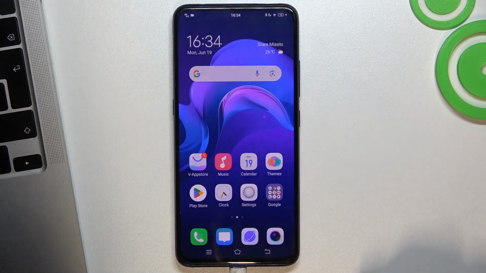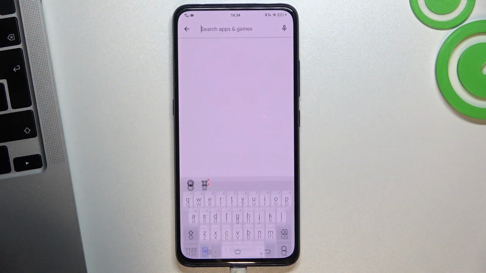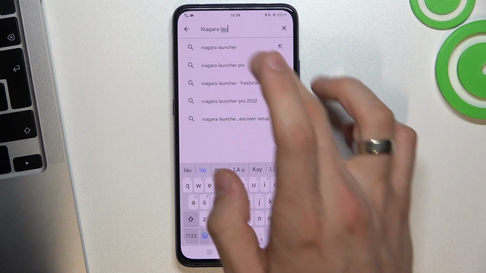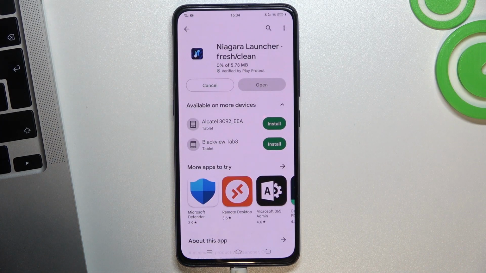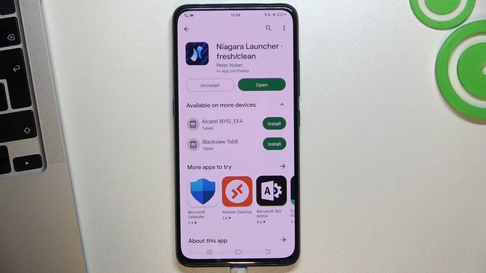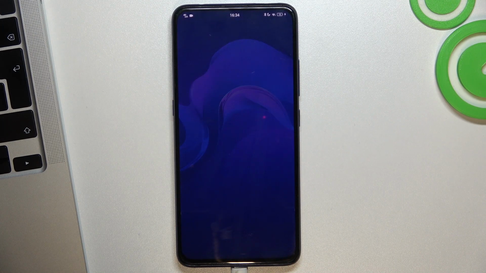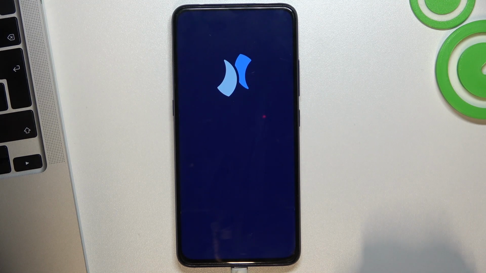On the third place for your device is Niagara launcher. So just open the Niagara launcher and click install. Click open, and great. So now click OK,